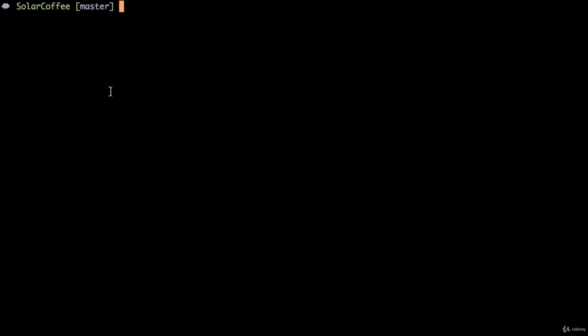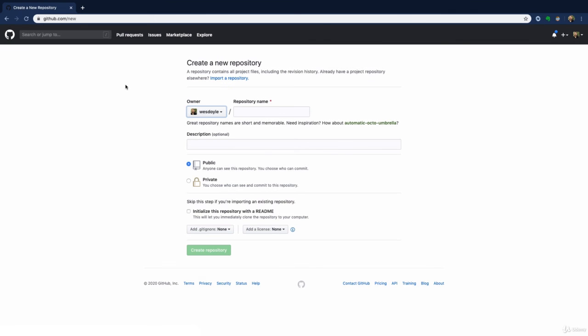All right, we don't have a remote, which means we can't push our changes anywhere. So I'm going to set up a new repo on GitHub so we can push our changes. If you do have a GitHub account, you can create a new repository by going to github.com/new. And in my case, I'm going to create a new repo called